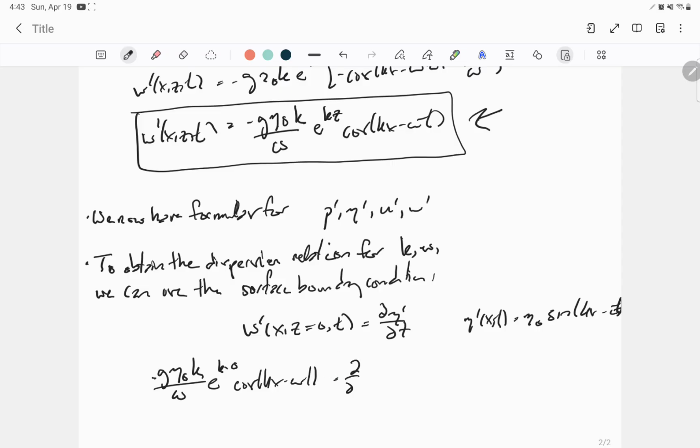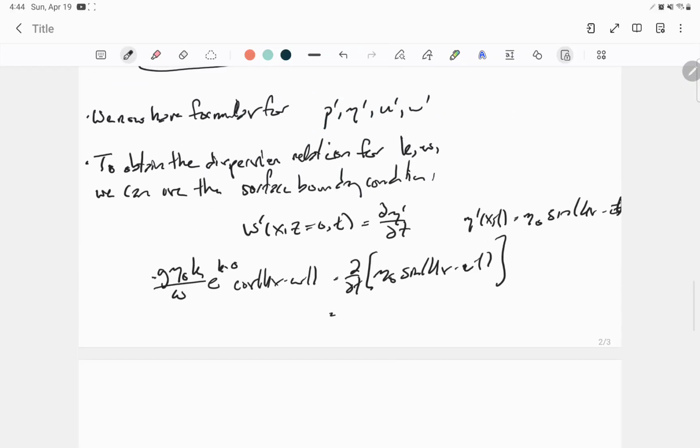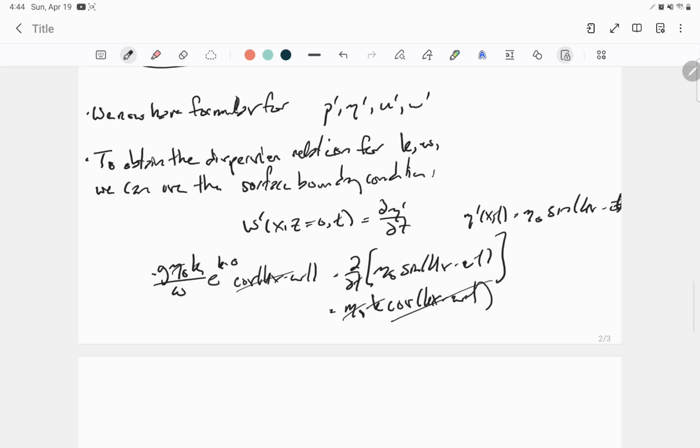And that should equal d by dt of eta naught sine of kx minus omega t, which is eta naught times k times cosine kx minus omega t. And so looking at the two sides of this equation, we see that the cosine part can cancel, the k part can cancel, the eta naught part